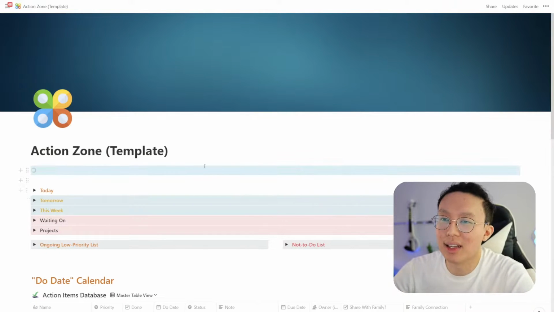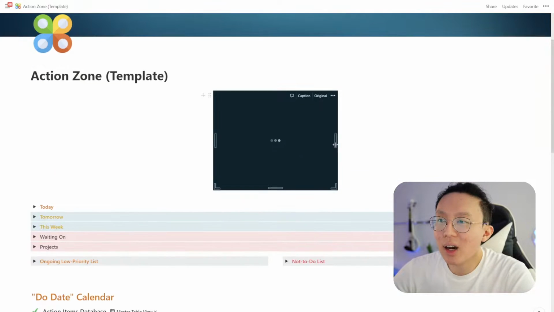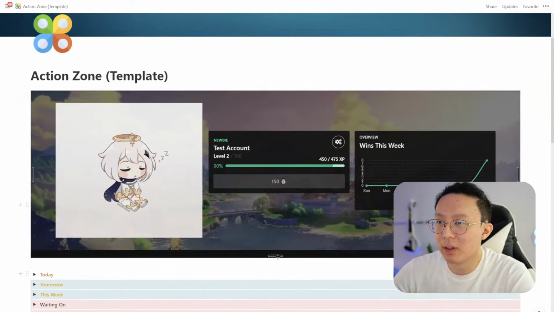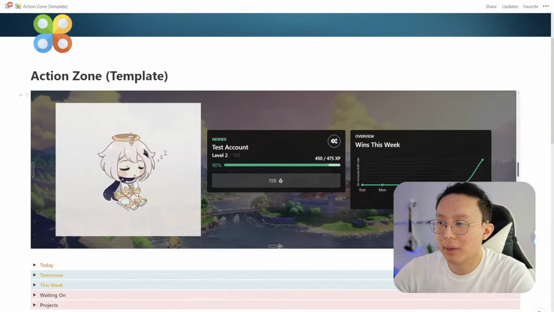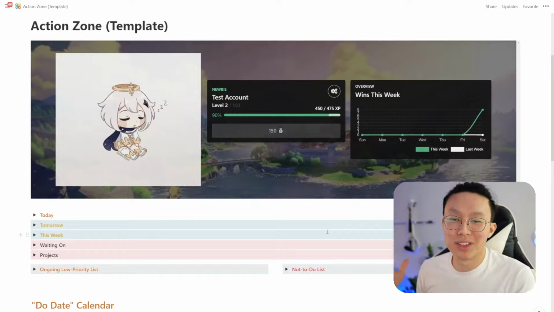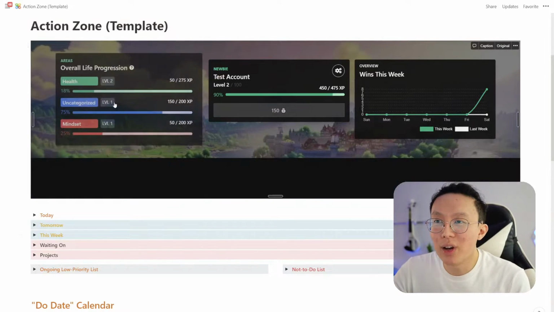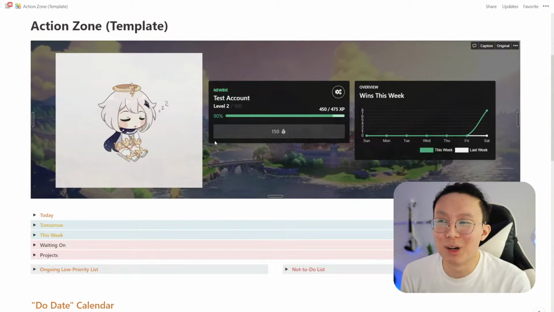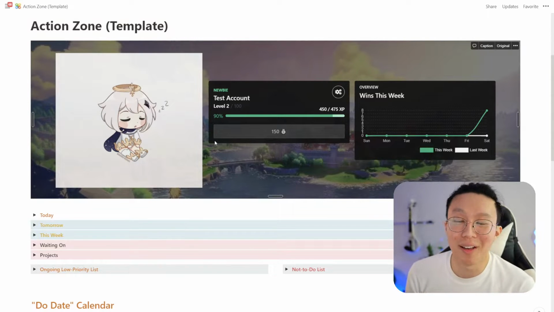So I can paste it and I can create the embed. And now what we can have here is a nice embed view of our own accounts. Again, you can have the look and feel however you like, but I have it like so. And then now you can have your own accounts show up. You can see your wins in real time. And later on, we'll have party views. You can see your friends as well. So it becomes really cool for you to be able to see all your wins in real time, where you're leveling up, right? And just have a really nice experience for yourself. And yeah, hopefully something that you can take home and enjoy.